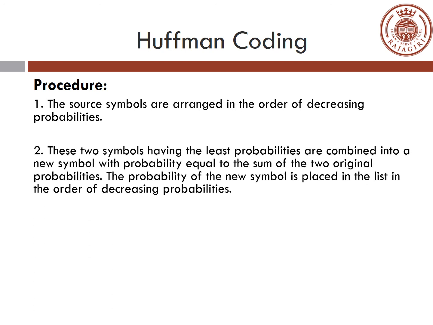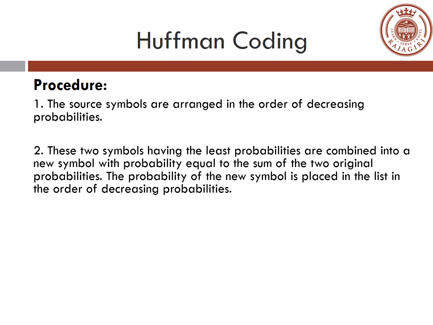Now, we consider the two symbols at the end. That means these are the symbols with the least probability of occurrence. If it is a binary Huffman code, we will consider the last two entries. If it is a tertiary code, we consider the last three symbols and so on. So here, if it's a binary Huffman code, the two symbols that have the least probability are combined